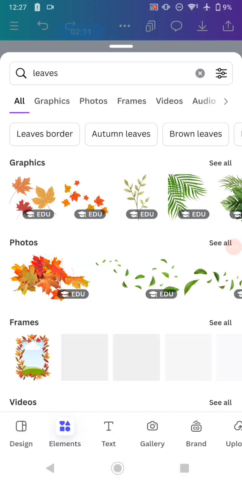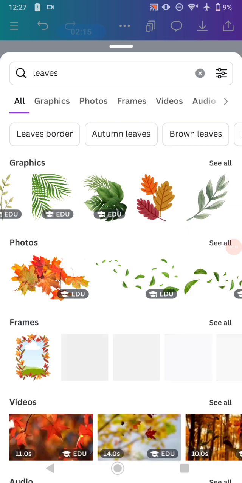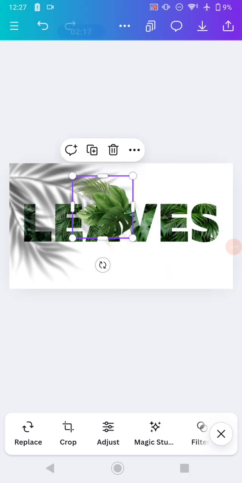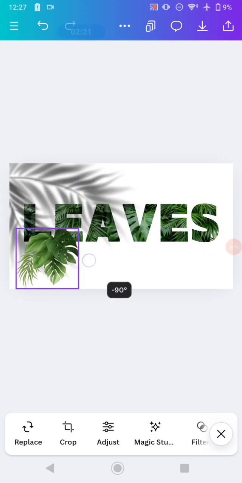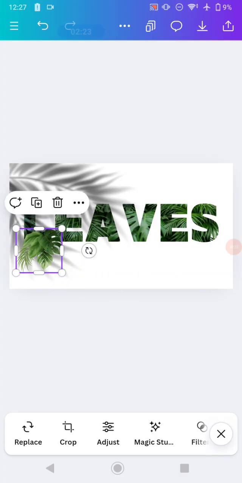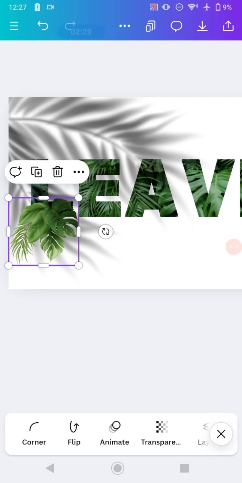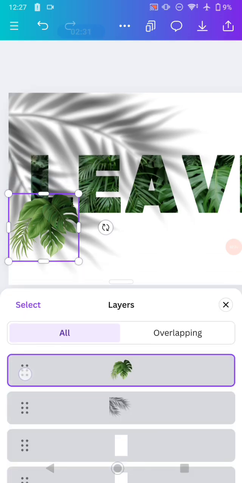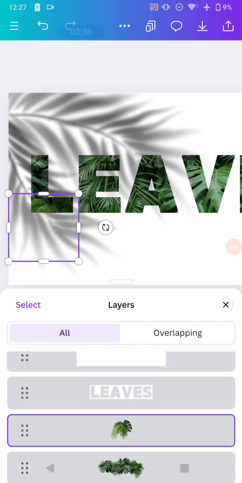leaves element, sorry. Okay, and then the elements I'm going to use maybe these elements, this one. Decrease the size of it, position it, and put it on the exact position that you want to add these leaves. Okay, like this, and then go to the layers, put the leaves behind the text just like this, and